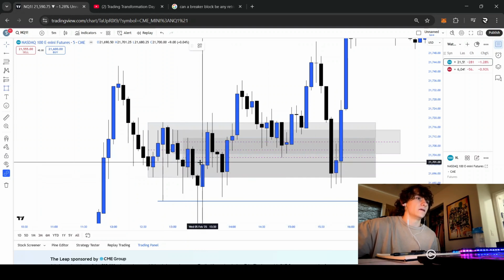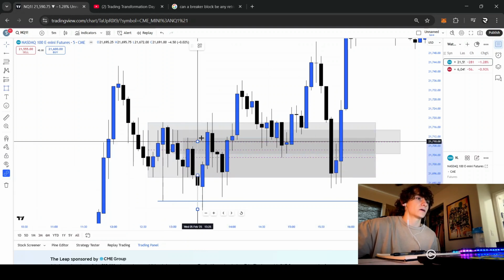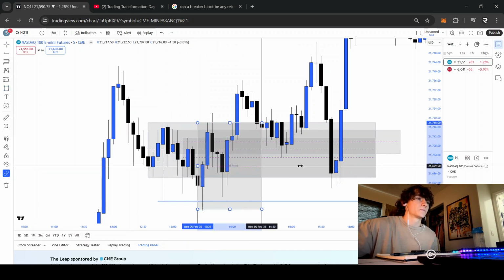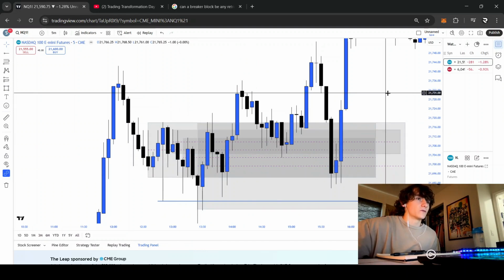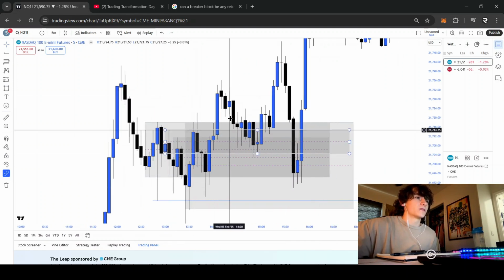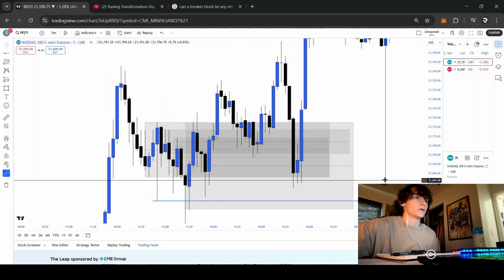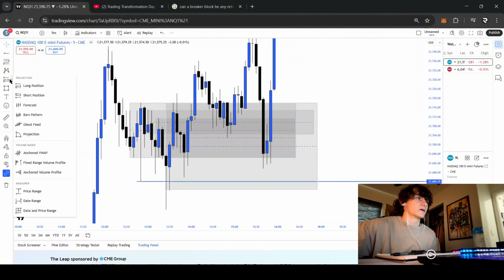As you can see, they're like, okay, all of these are order blocks, but since every single one of these was broken through, they'd be like, oh, these are all breaker blocks,